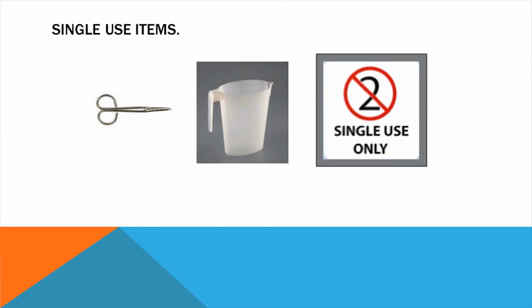This is a very easy concept to understand. It says on the box single use, and there's a number 2 with a circle around it and a line through it, which actually means don't use it more than once. Unfortunately, that concept seems to have lost a lot of people, and we find a lot of single-use items being